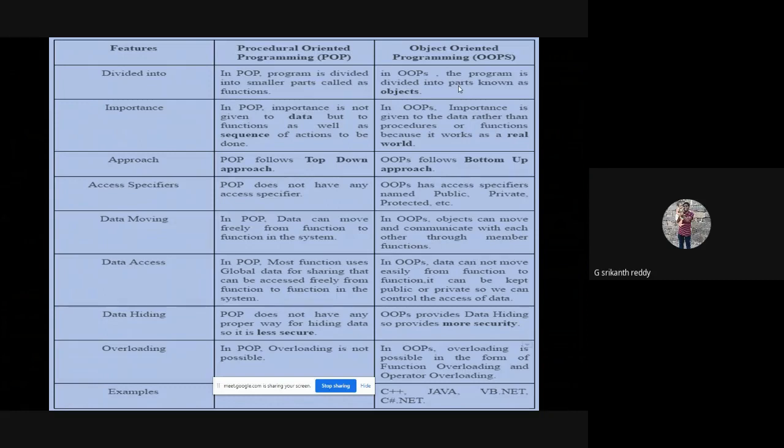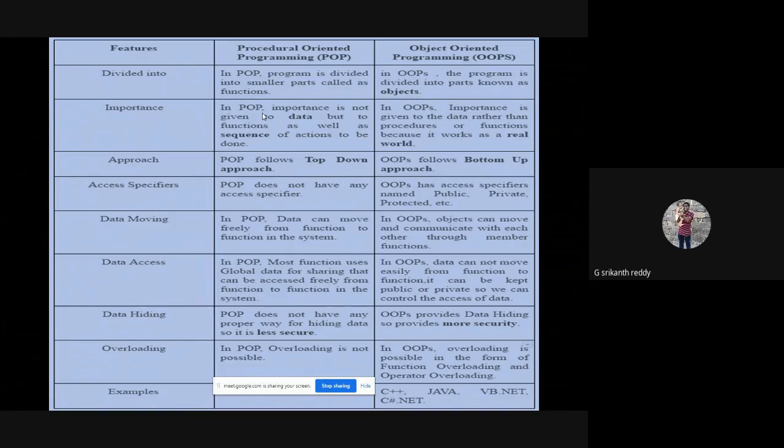Here, in this object oriented programming paradigm, you are going to divide the program into objects. So as we have seen in procedure oriented programming, the importance is not given to data but functions, the algorithmic part. So in POP, the focus is on procedure. That's why it is named procedure oriented programming.